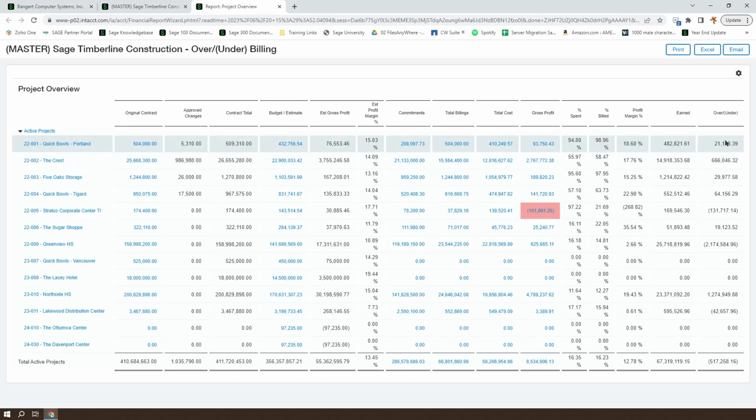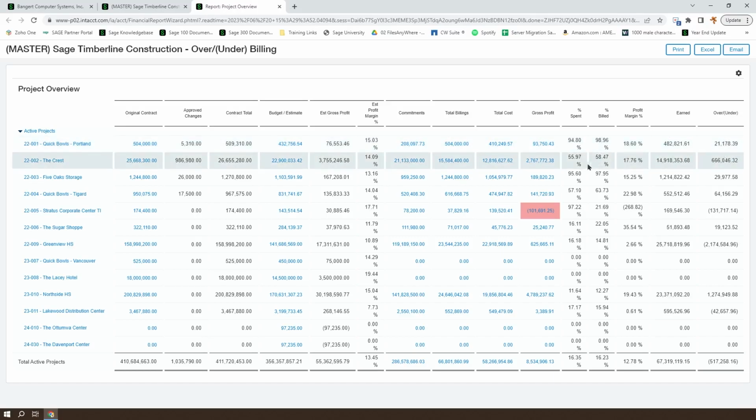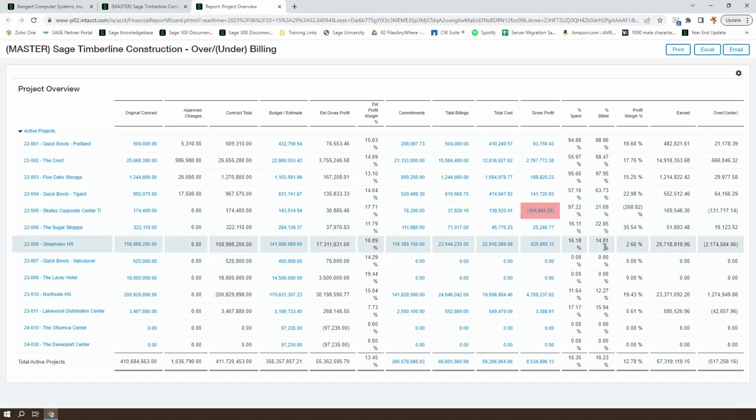So we would expect to be overbilled here. And we show that we've spent 97% of the budget and we've only billed 21%. So we would expect to be underbilled here. Again, same thing. We're underbilled where we expect to be underbilled. So we can see from this that we've actually got a pretty solid set of data that makes sense.